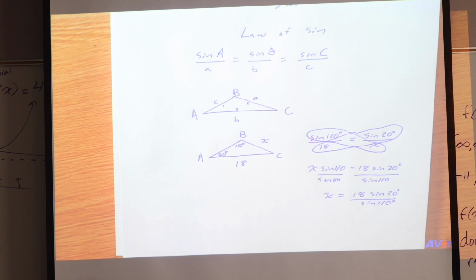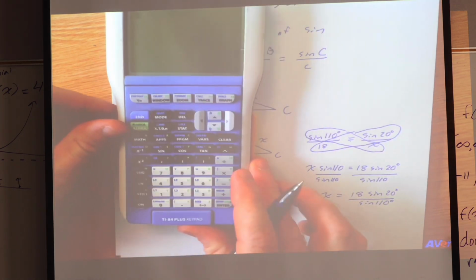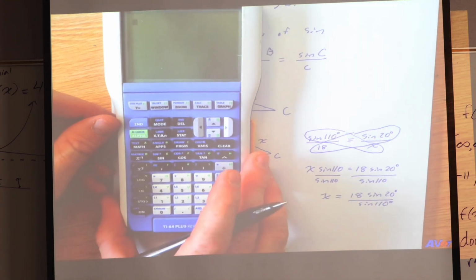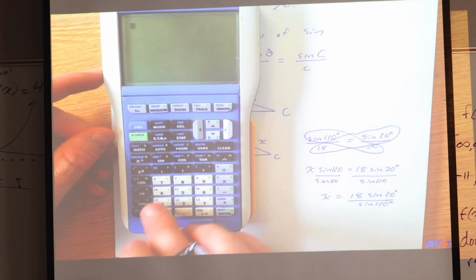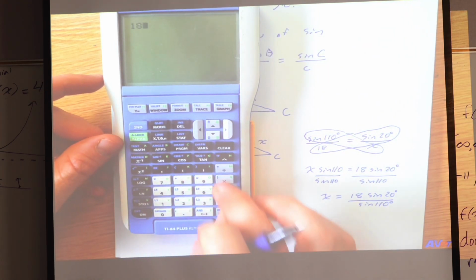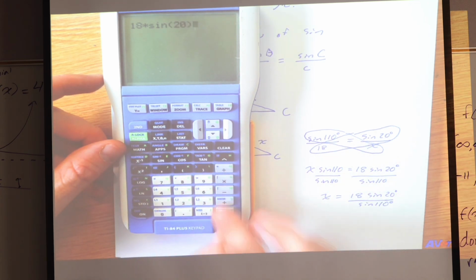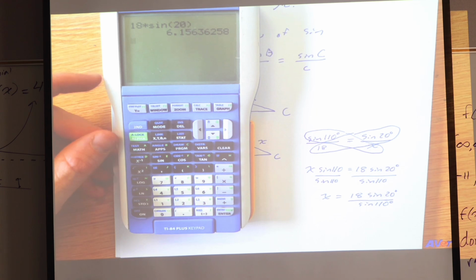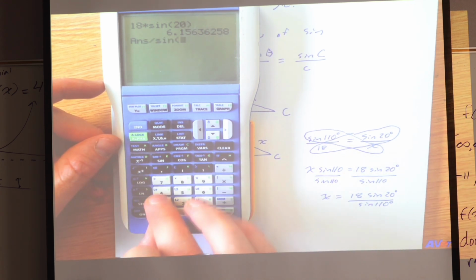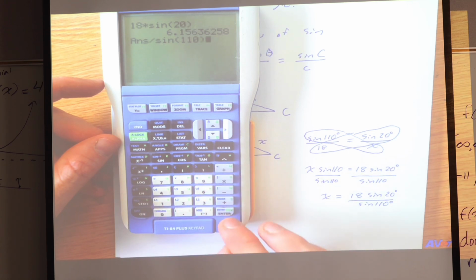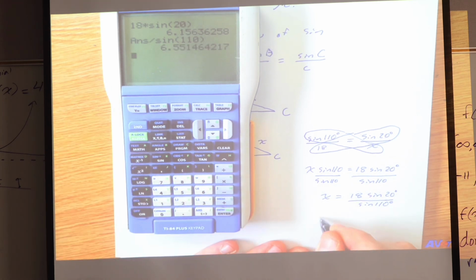Once I have that set up, that's when I'll grab my calculator. And we'll simply type it in: 18 times the sine of 20 degrees. You can hit equals if you don't trust it to do the order of operations, and then hit divide by sine of 110 degrees. So now we're going to get x is approximately